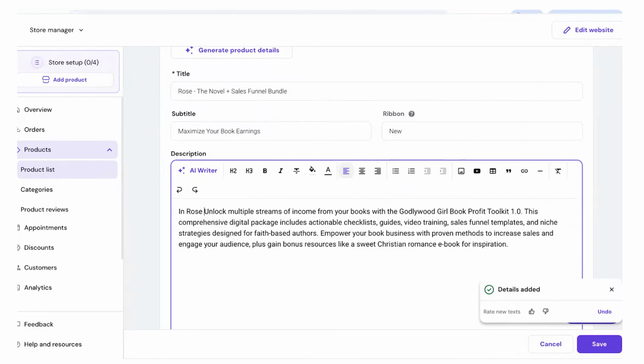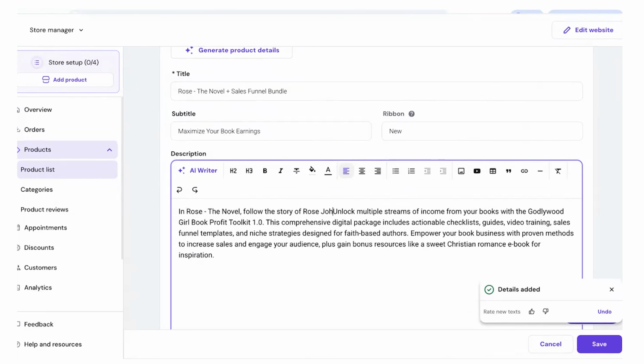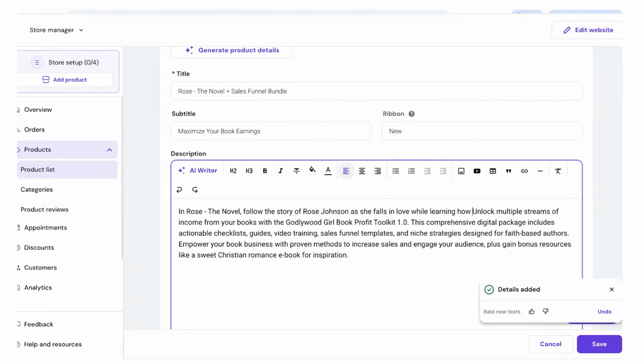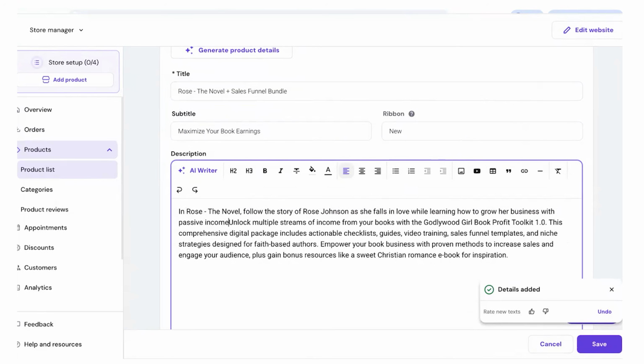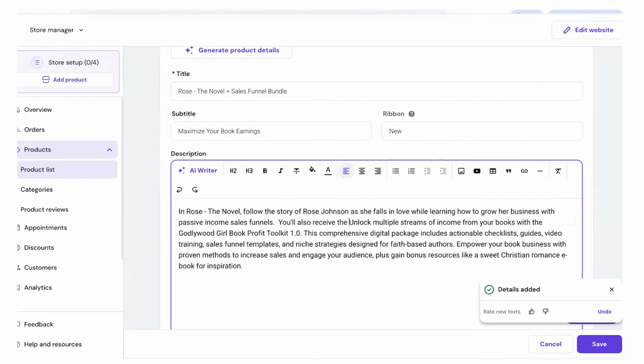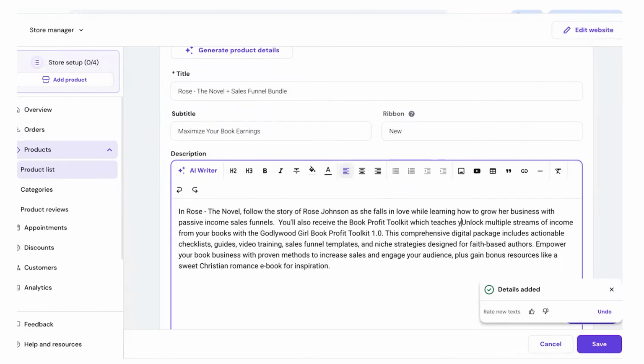And I would put the book description: Rose, the novel, follows the story of Rose Johnson as she falls in love while learning how to grow her business with passive income sales funnels. You'll also receive the Book Profit Toolkit, which teaches you how to build your own funnel too.